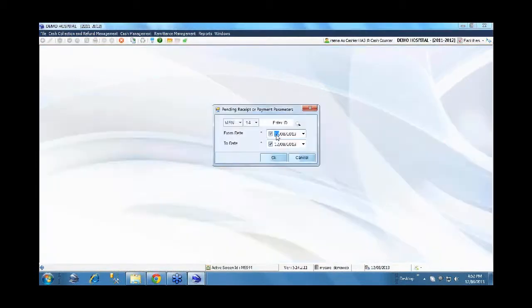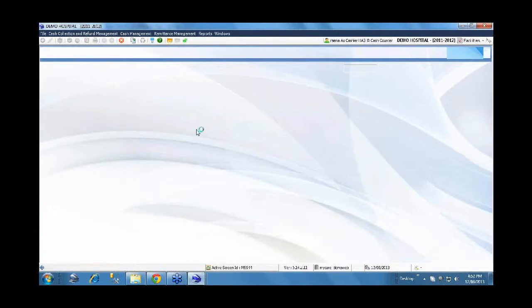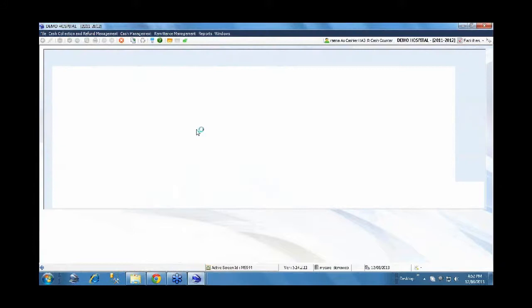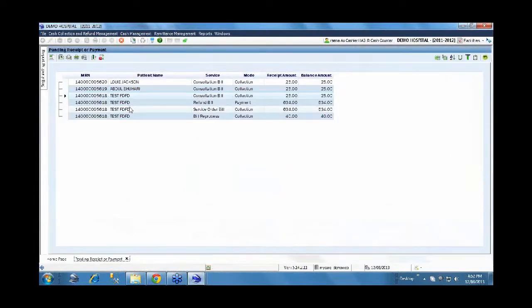Every time they need not keep running this. What usually happens is the cashier, one time, will run this report when he starts the shift, and for each of these reports we can specify a refresh interval, which can be 30 seconds, 1 minute, whatsoever, and based on that particular interval, the system will automatically keep refreshing this work list. Currently, these are all the patients for whom there is an amount pending for collection. Now we have raised a consultation bill against 5620, out of which $25 needs to be collected.